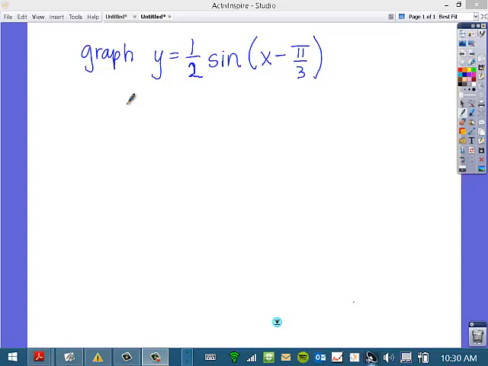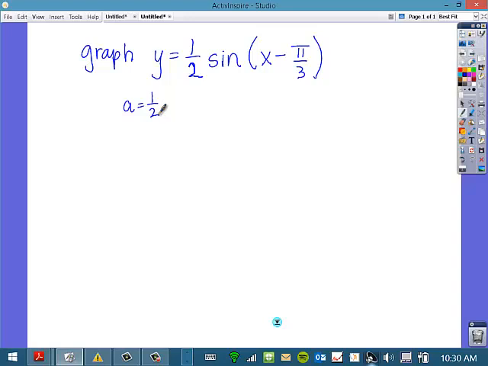All right, let's graph y equals 1/2 sine of x minus pi over 3. So the first thing I've noticed is my amplitude has changed. My amplitude is 1/2. My b is 1, so my period is still 2 pi. Meaning that when I take my period and I split it into 4 pieces, the pieces are each going to